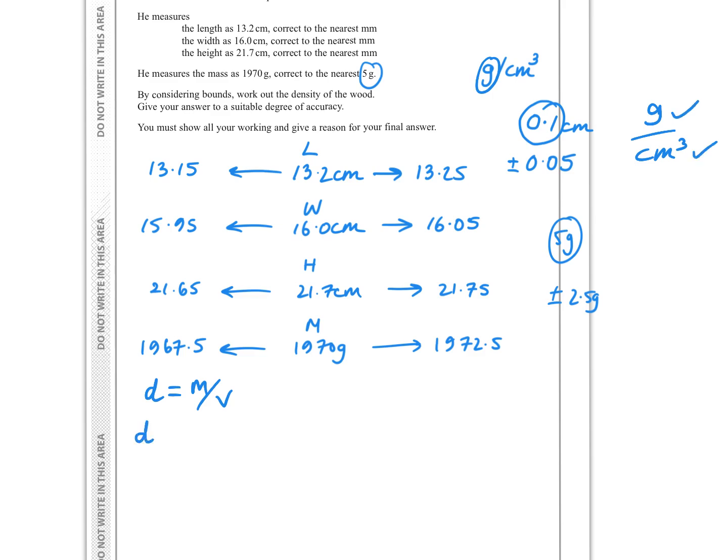So if we want the upper bound, we want the mass to be the highest and we want the volume to be the lowest, because that will give us the biggest answer. Okay, so just think the top of the fraction is like cakes and the bottom of the fraction is like people. So to get the most cake, you want the most cake to start with and the least amount of people. So the top number has to be the biggest, which is